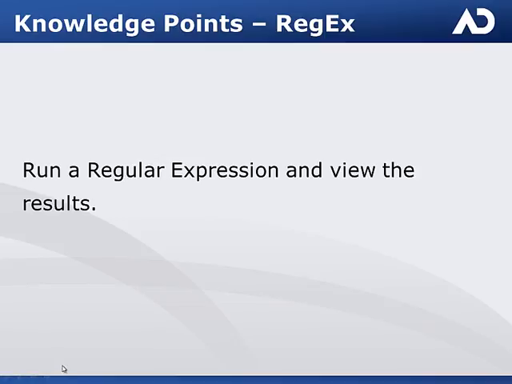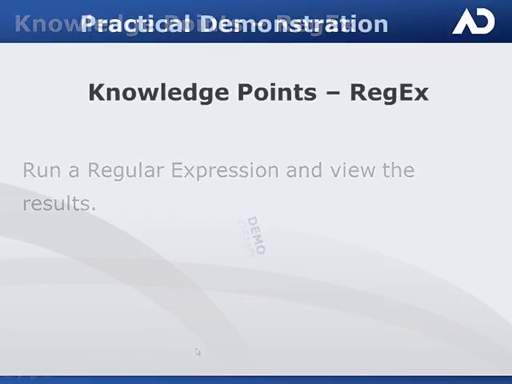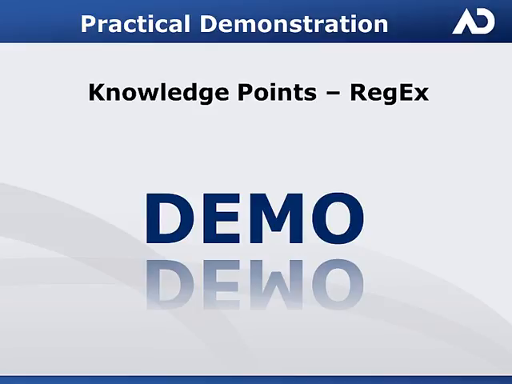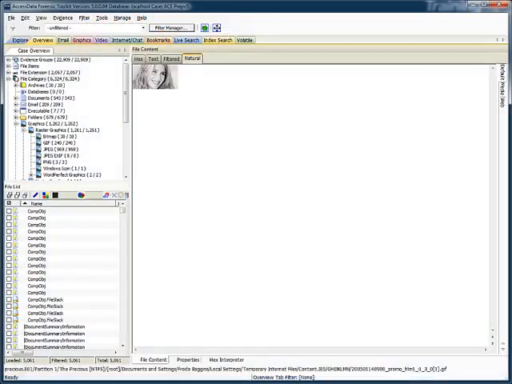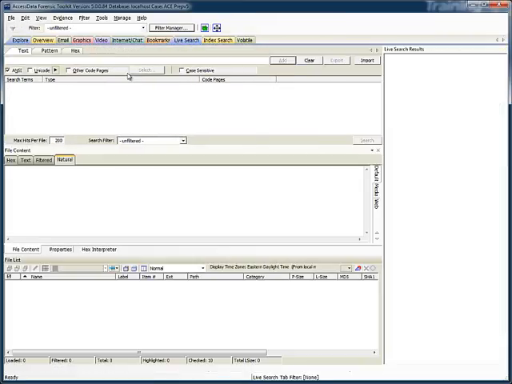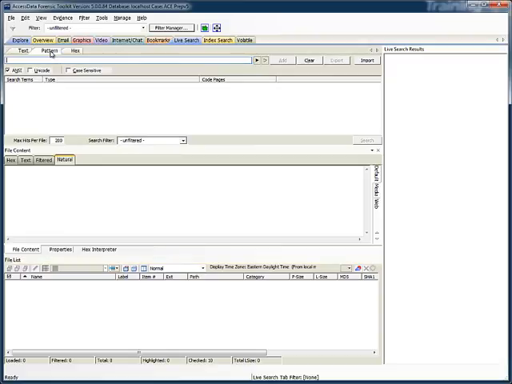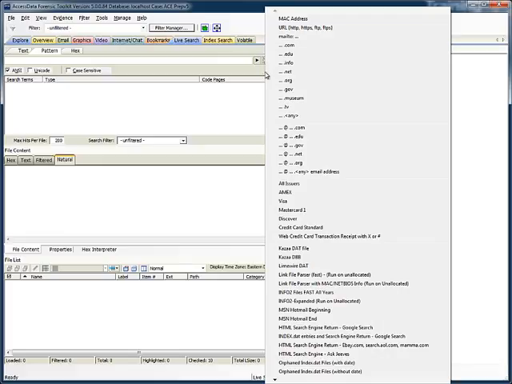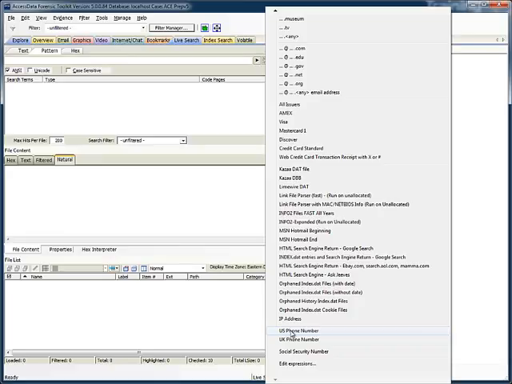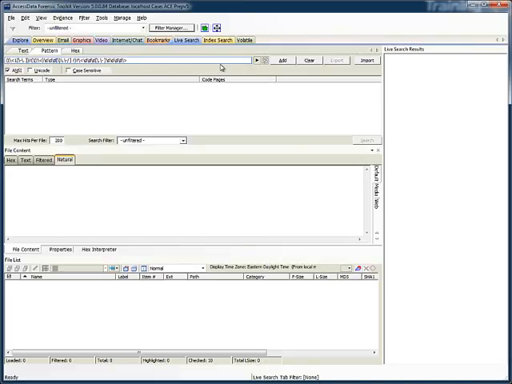Another knowledge point would be to run a regular expression and view the results. Let's take a look at how to do that in the tool as well. In FTK, to run a regular expression, I need to go to the Live Search tab. Within the Live Search tab, I need to click on the Pattern tab. And to just run an existing regular expression, I go to the white drop-down menu and choose my regular expression. In this case, I'll choose a US phone number. It populates the window with that expression. I'll click my Add button to move it into the window where I'm actually going to perform my search, and